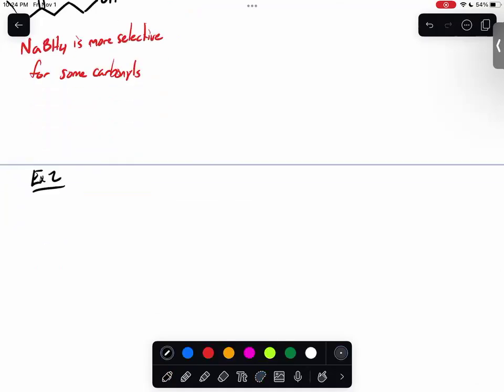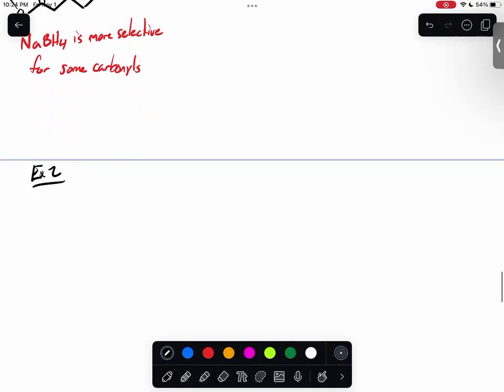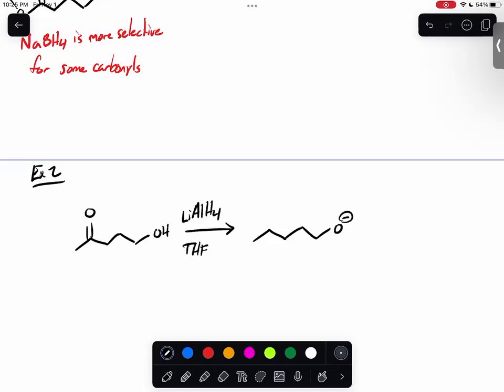And the reason I say this is because if we take a look at something like this here, if I were to put this through a reaction with lithium aluminum hydride, and let's say I did not add in the workup step of actually reprotonating everything after it was all said and done, what we would end up seeing is this as our product,